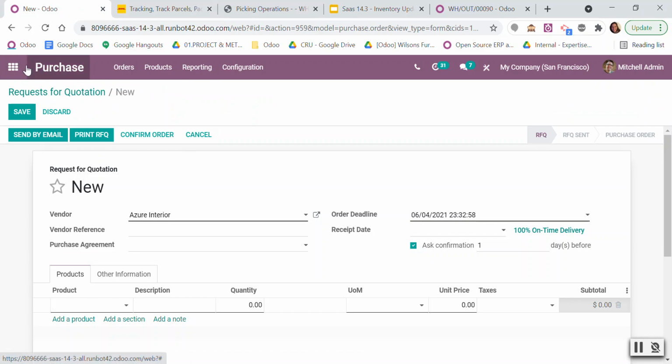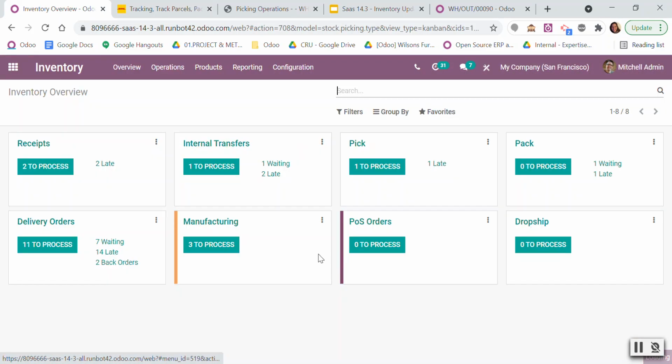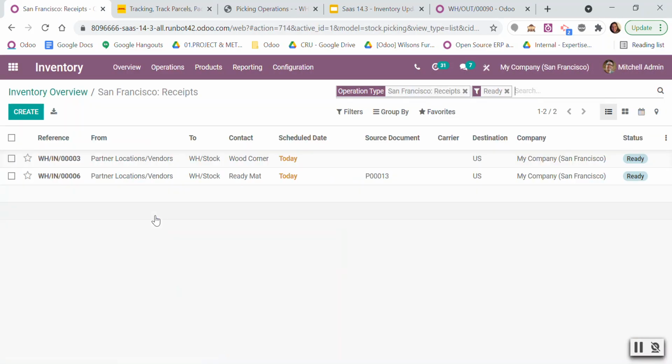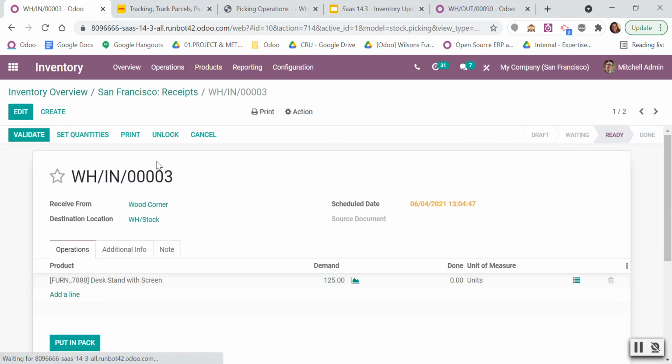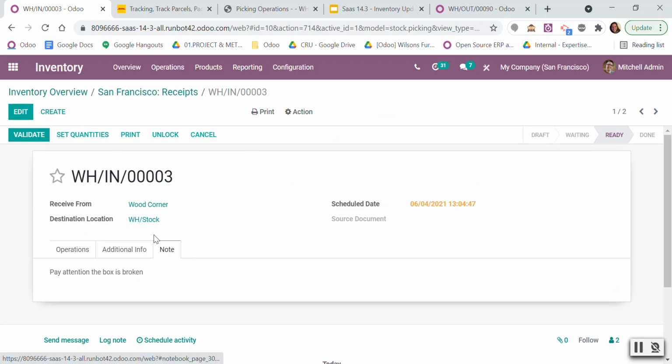So I will go in inventory. I receive an email from the vendor. I don't know if I put it already. Yeah, I did it here, the example. I receive an email from Wood Corner saying that the box is broken and that you need to pay attention. As I received this information, I took the time to write it down on notes on the reception,